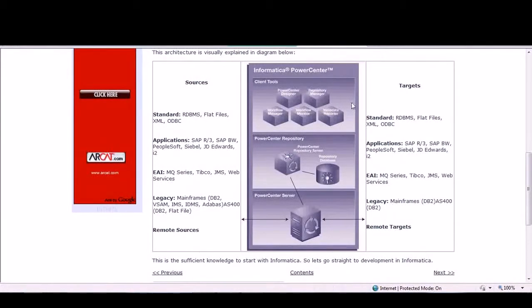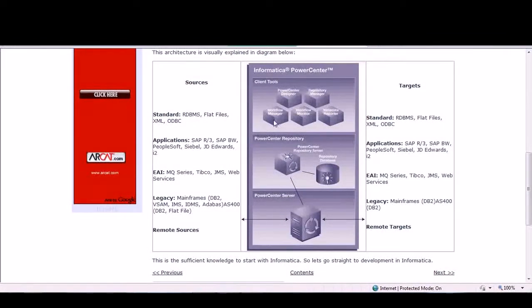So if we look, the first tool is Power Center Designer. The name denotes that this is used to design the mappings, sources and targets. Then we have a repository manager. This is a tool through which we can create folders, export, import different XML objects which have targets or mappings defined into it, sources as well.